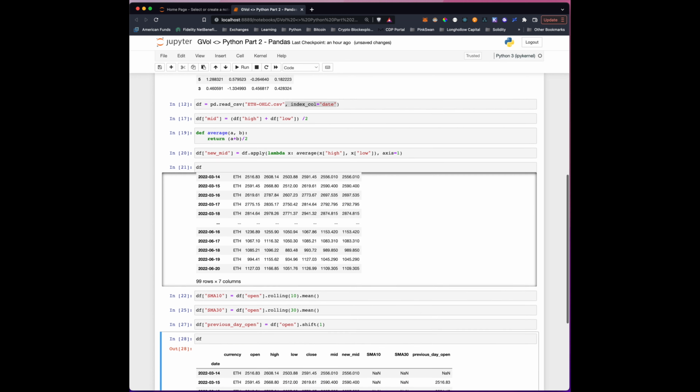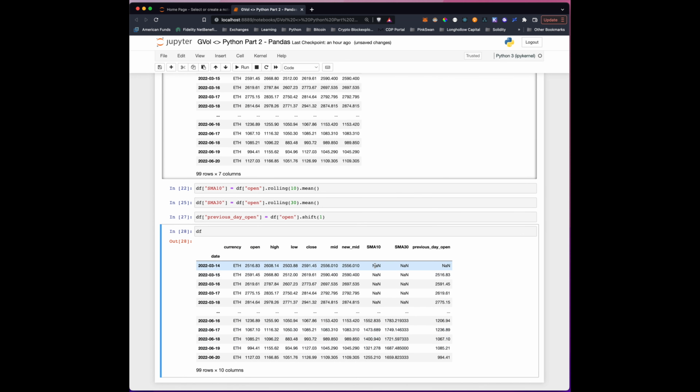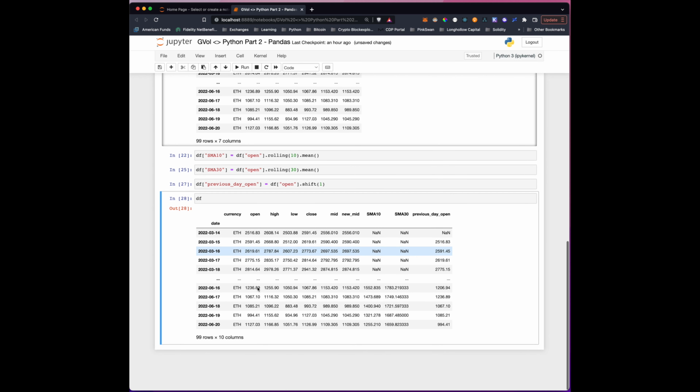take a look at what our data frame is. And so you can see our previous day's open, which is 2,516, is our previous day open here. So you can see now if I want to do some comparisons of today's open versus yesterday's, you can do some cool things like that. And so all of this comes out of the box in Pandas, and it's relatively simple and well documented to